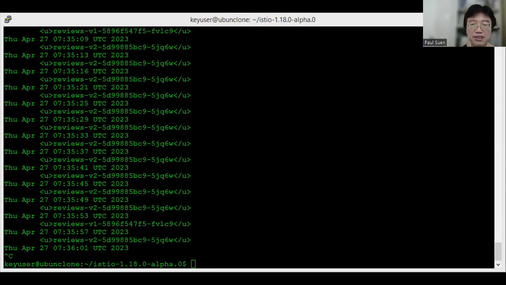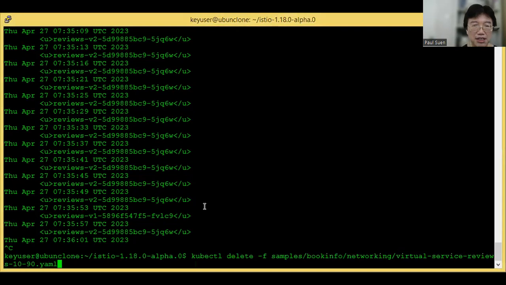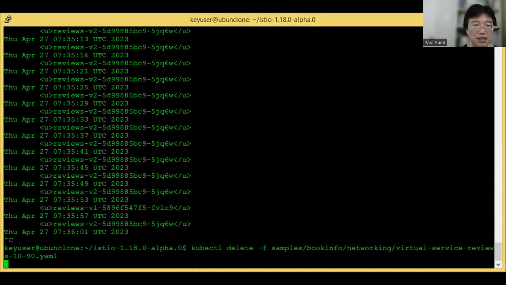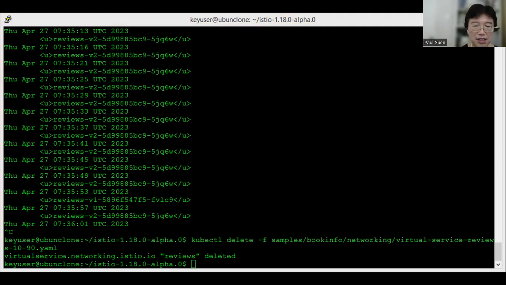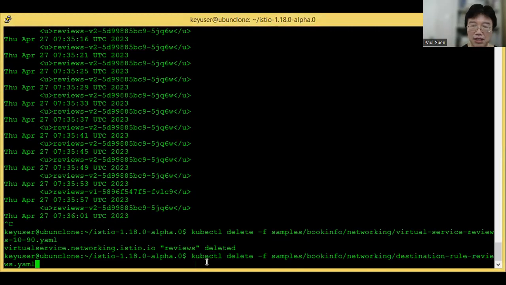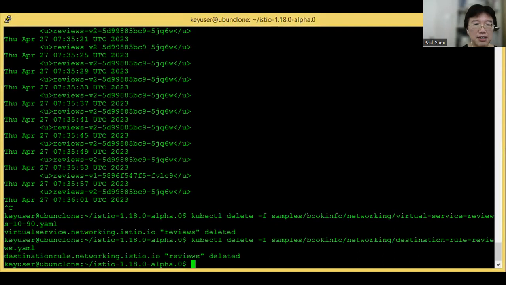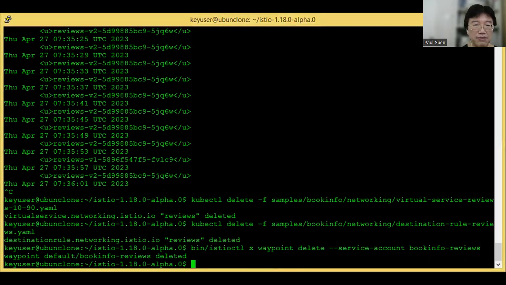So first, we just remove the virtual service from reviews. And then we remove the waypoint proxy, followed by uninstalling the Istio ambient mesh.